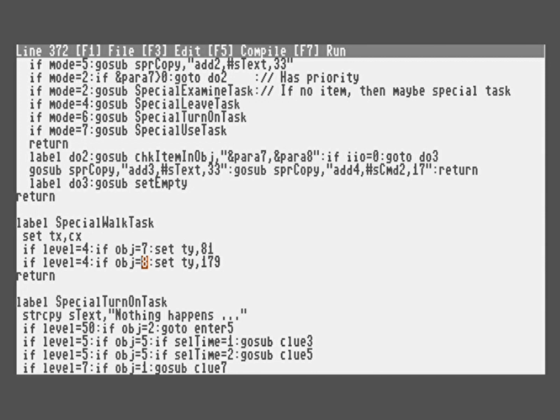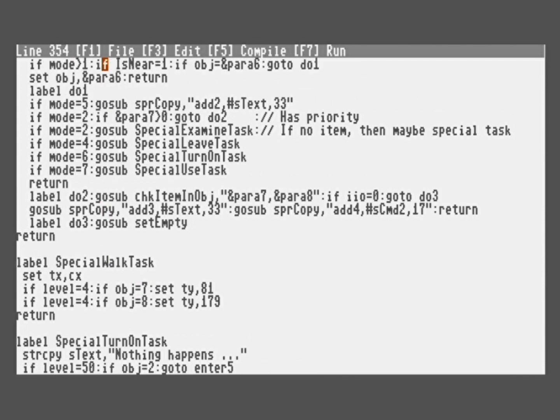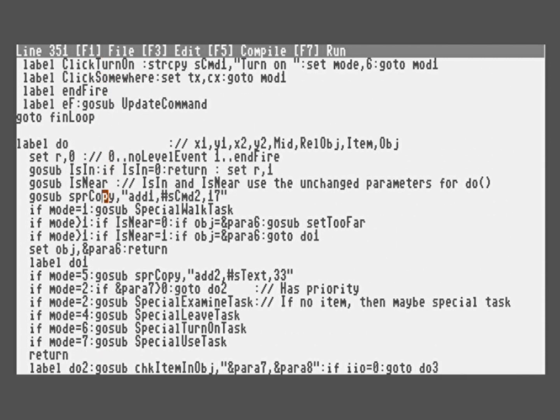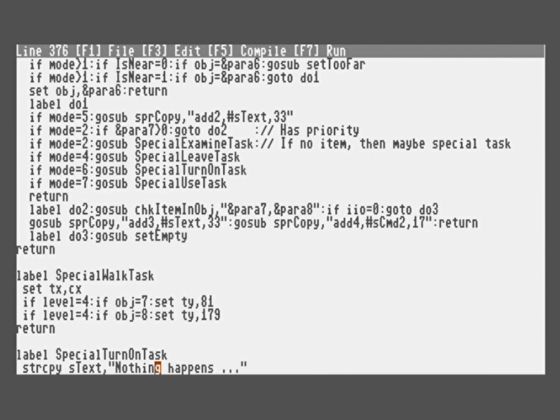And if it has the action walk to, which is mode 1, then the do routine would hand over in mode 1 to special walk task, which is here. And the target coordinate would be 179 if the object is the treetop, and